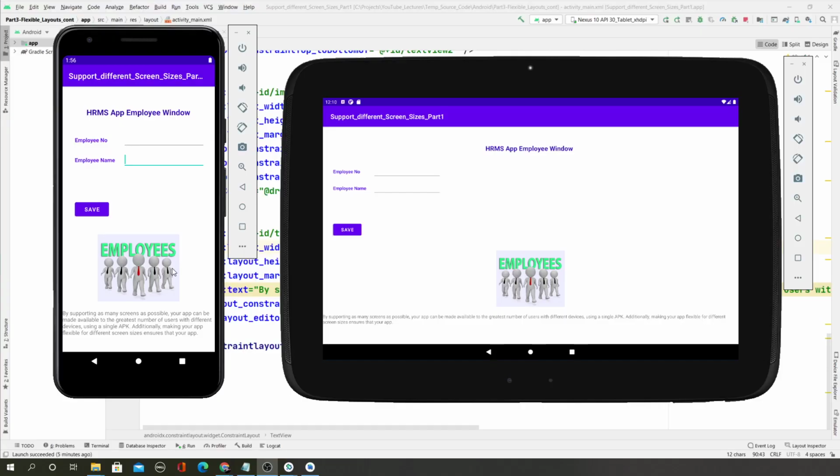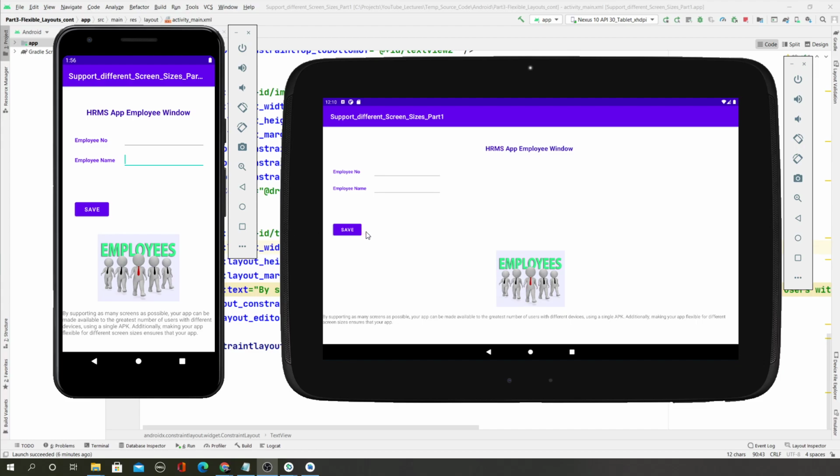Okay, so let's see the practical we are going to develop in this lesson. When you finish this lesson, you will see an app like this, but it's a simple app. What is important is the concept you will be learning using this app, which is about device compatibility and screen compatibility and avoiding hard coding the sizes, flexible layouts. This app is done avoiding hard coding the sizes, and to do that we will be using the property values called match parent and wrap content. Using those techniques you will learn how to develop an app.